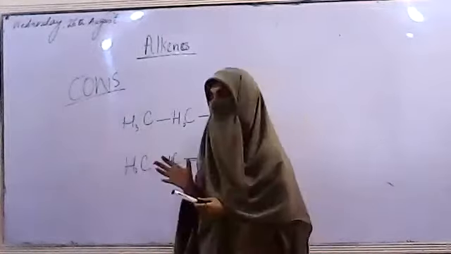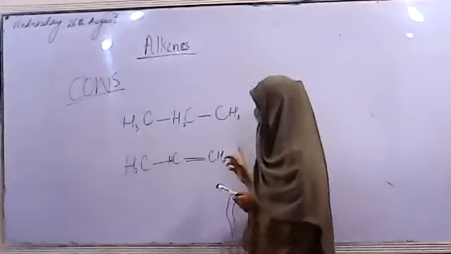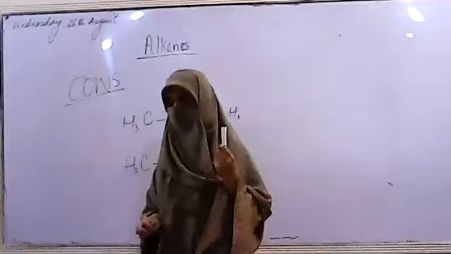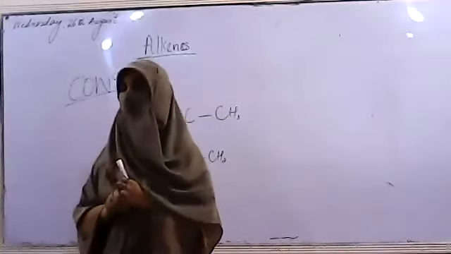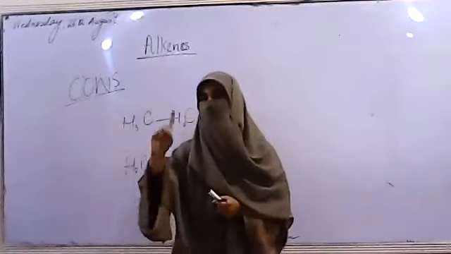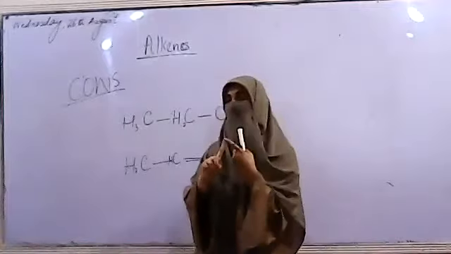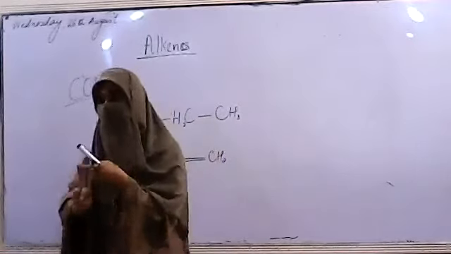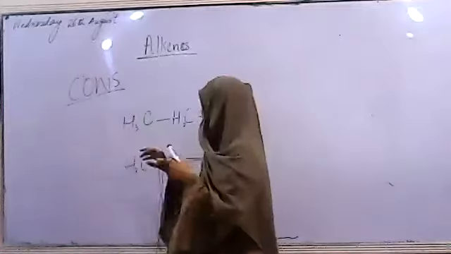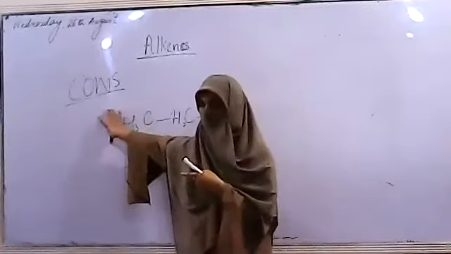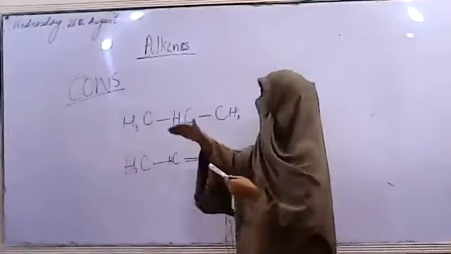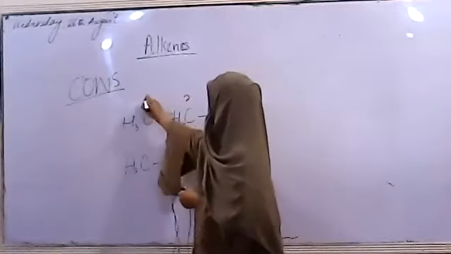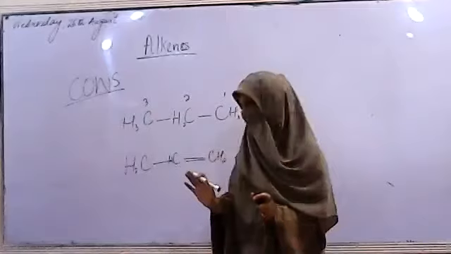Now focus on the compound. I told you that while numbering the compound, we start the numbering of the carbon chain from where the substituent gets the lower number, or if we do not have a substituent but have unsaturation, we mark the unsaturation with the lowest number, right? We do not have any unsaturation over here, so you can start numbering either from here or from here, there is no difference. 1, 2, 3, right? This point was pretty much clear.